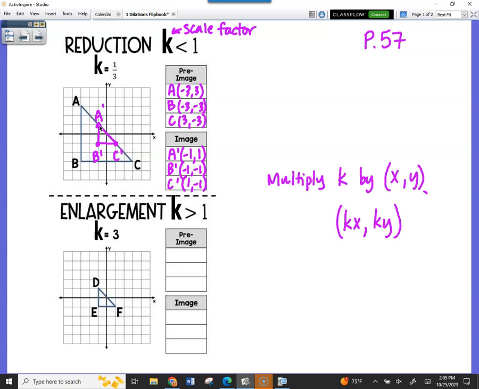Yeah. You're just multiplying. You're going to multiply k times x and k times y to get the points. So k times x, k times y, and then you write it down. Then you repeat. So you're doing 1/3 times 3, and then 1/3 times negative 3, or whatever it is. And to type the 1/3 in the calculator, do alpha, y, equals.